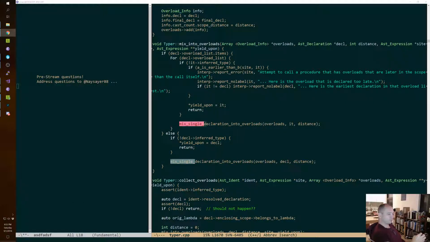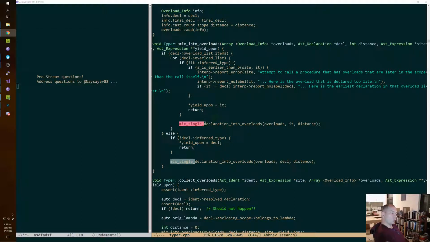Well, how do you do that mechanically, while doing all these things that the compiler already does? So one thing that happens is you can have overloads of a procedure.